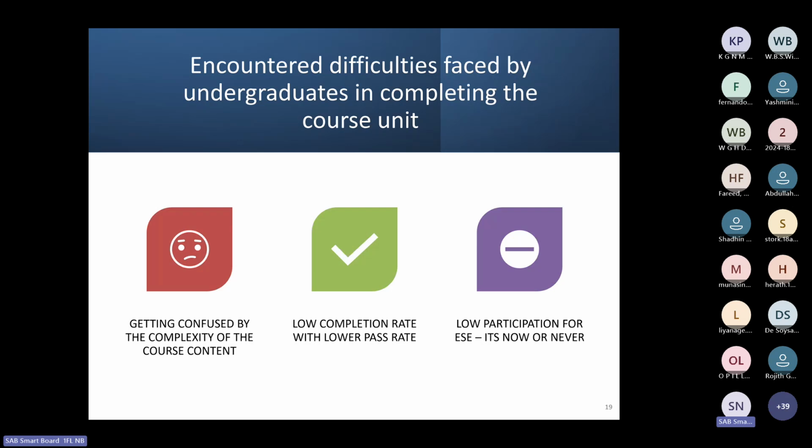Make you more comfortable completing this course. The second one is low completion rate with lower pass rate. So it is applicable not only for this subject, most of the complex subjects this issue is arising